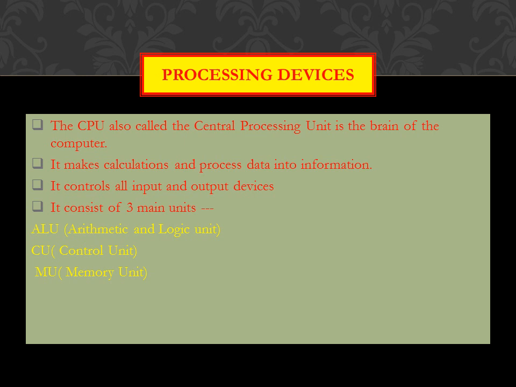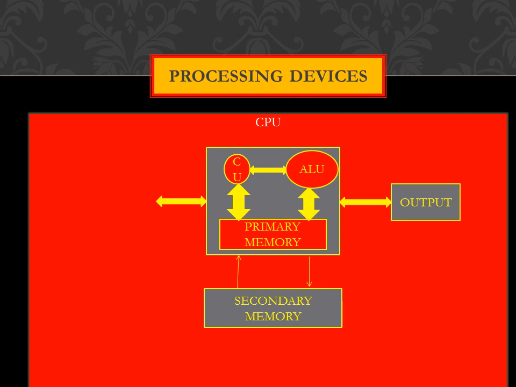Now in my next slide, the data is basically going into the CPU, which comprises the control unit, arithmetic logic unit and memory unit. All these together help to process the data and finally deliver it to the output devices. I hope it might be clear to you. Moving on further, we are going to study each function of the control unit, arithmetic logic unit and memory unit. Now let us move further.